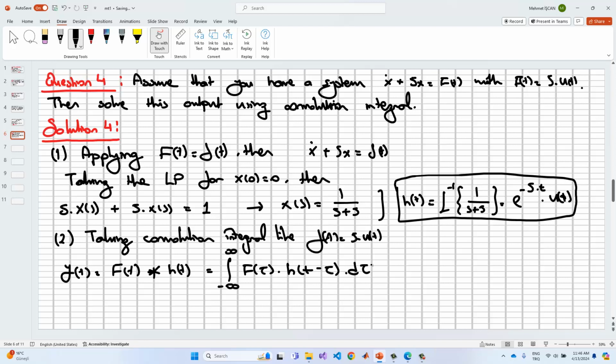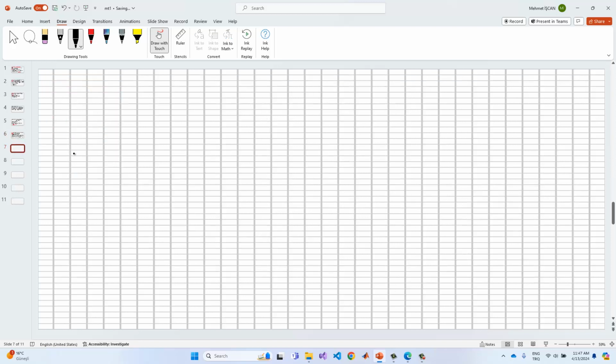Okay, where f(tau) is equal to 5u(tau), and h(t minus tau) is equal to e^(-5(t minus tau)) times u(t minus tau). Okay, these are the two terms,